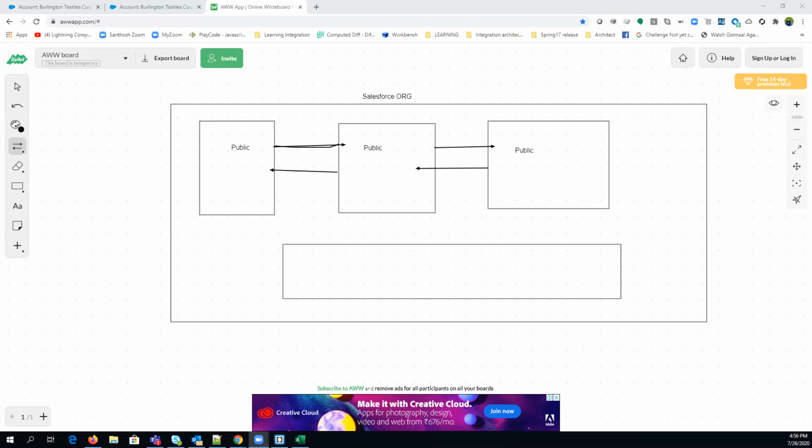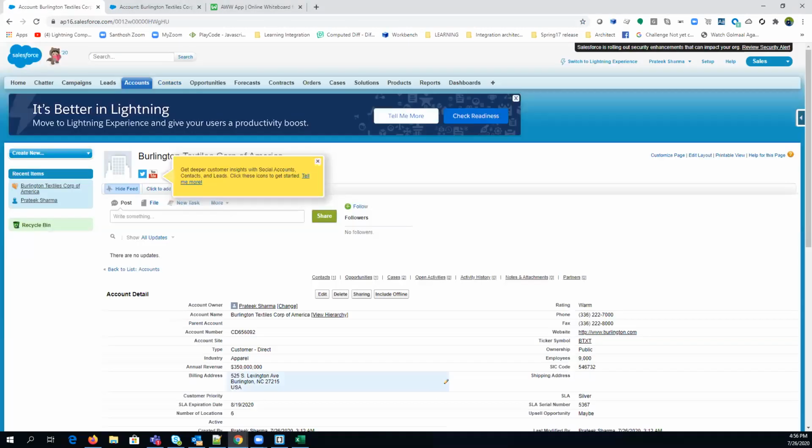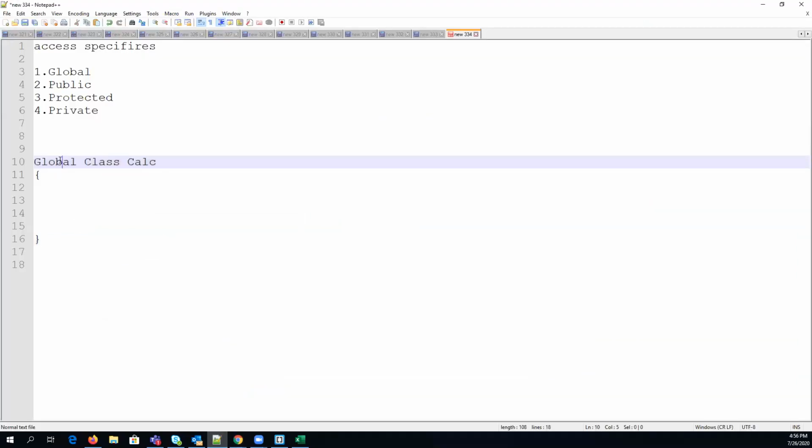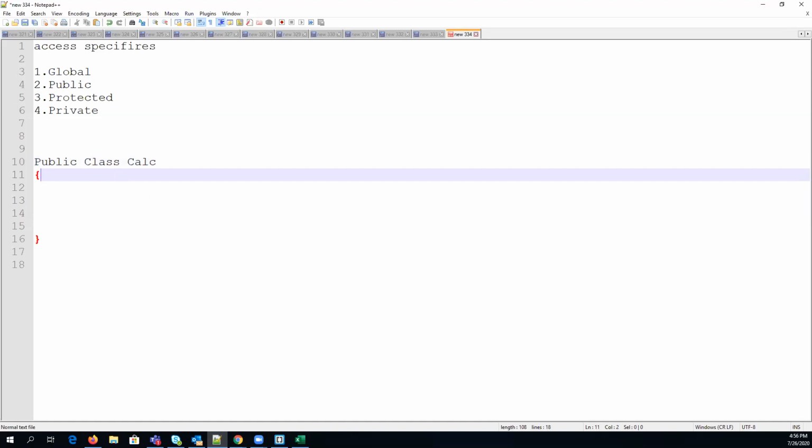Okay, guys. So this is public, and then we have protected. Can anybody explain what is protected? For public, you can simply replace it with global.